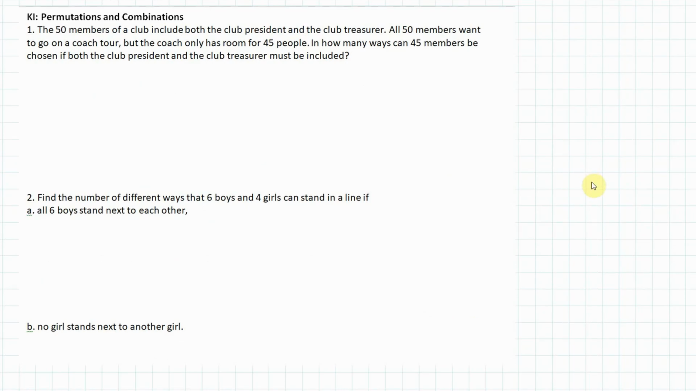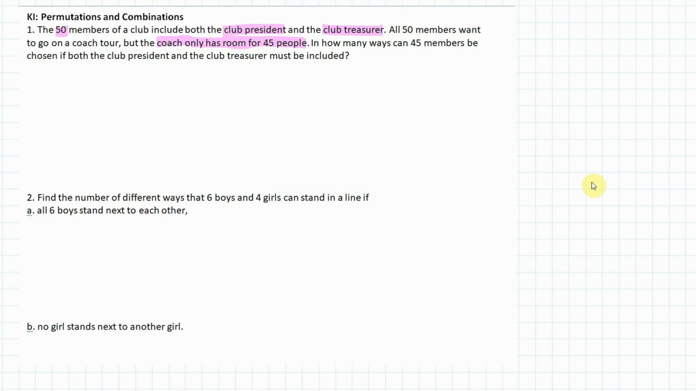Okay, 50 members of a club, including both the club president and the club treasurer. All 50 members want to go on a coach tour, but the coach only has room for 45 people. This is poor planning on the club's part, really, isn't it? In how many ways can 45 members be chosen if both the club president and the club treasurer must be